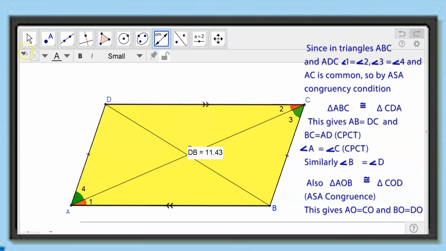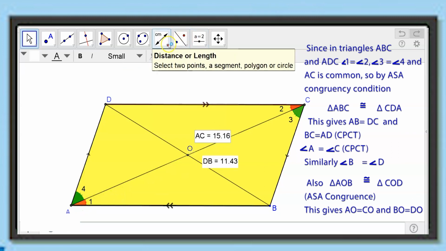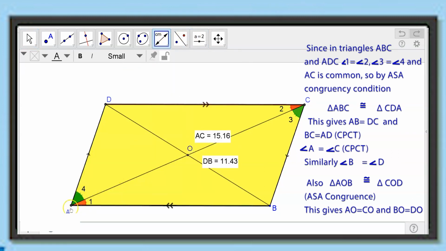So, for that, let us move this a little away so that we are able to see the segments also. So, now I am going to measure AC. You are getting it to be 7.58. Next OC. Can you see it is 7.58? That means O is the midpoint of AC, or AC is bisected by the segment BD, which is the second